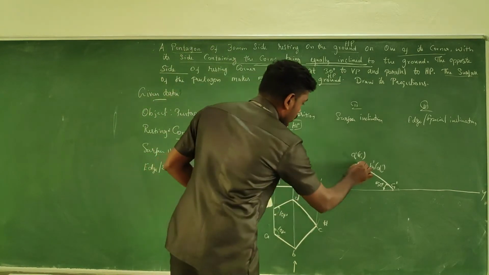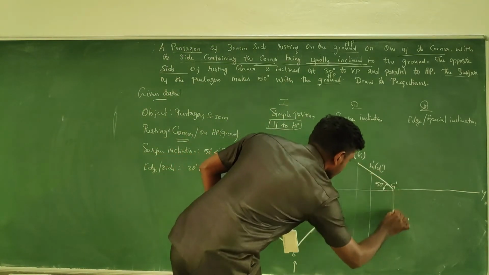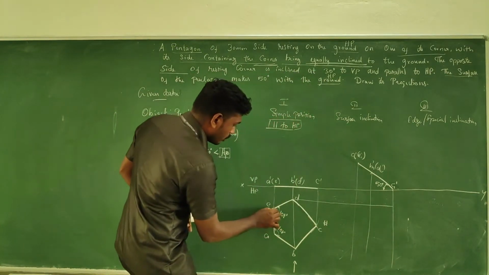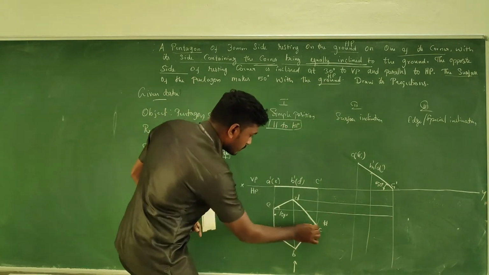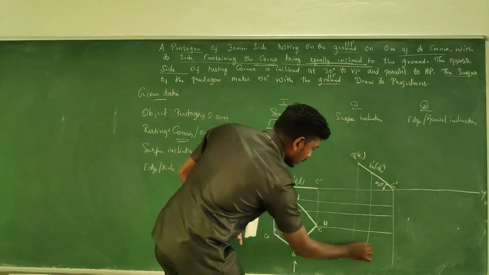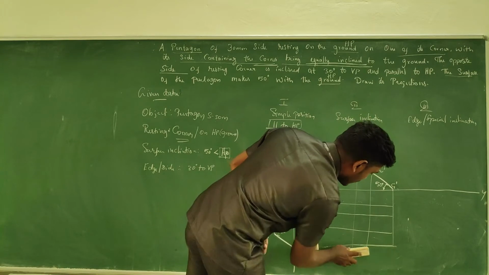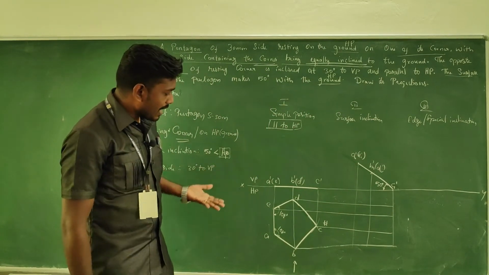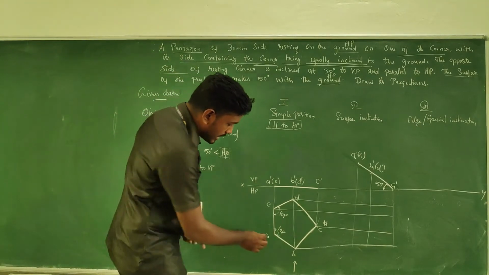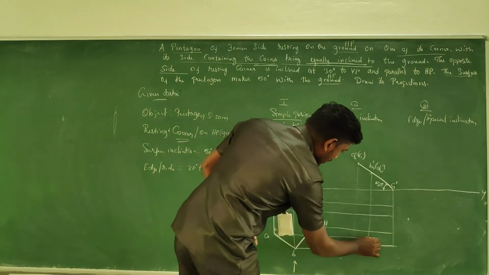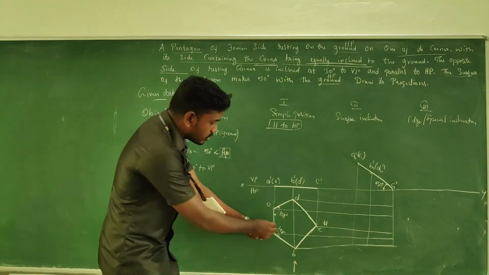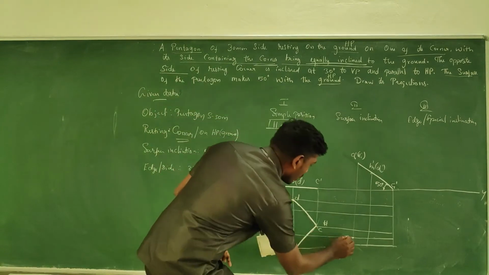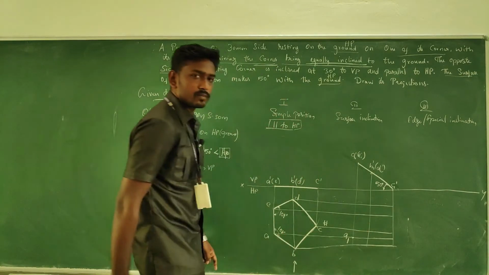So how to trace the top view? We are familiar. Just take the projectors from the front view as well as the projectors from the top view of the previous stage. So your construction lines will be forming something like this. Do the mapping by having the intersection points. A is here, so for that I also have to take the projectors. So A horizontal is coming here and A vertical is coming here. So this is the particular point A1.